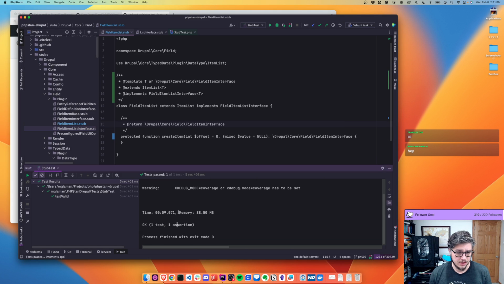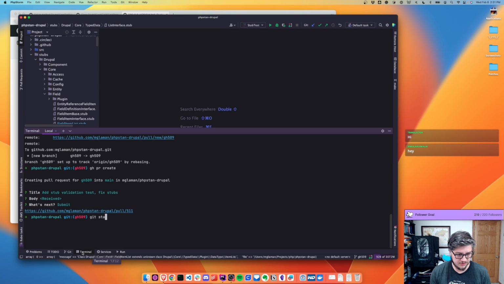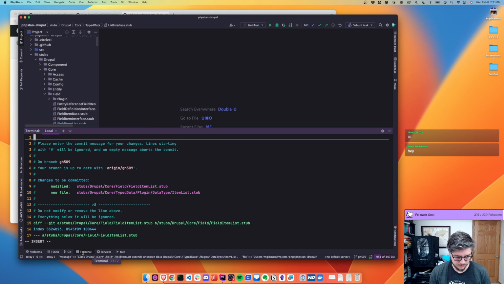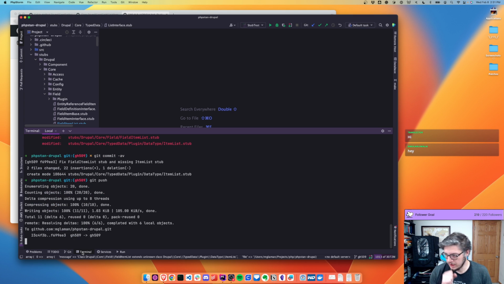All right. So let's go and push that and have the CI verify. So git status, fix field item list stub and missing item list stub. All right. So this should